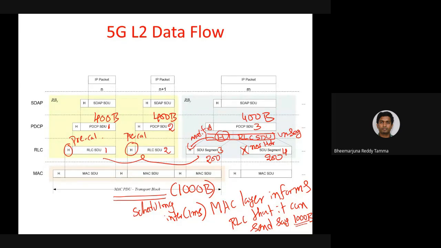But for that anyway, we have a lot of time because segment 4 will be sent in the next scheduling interval. For that, you have another 1 millisecond. So that's how it tries to remove the concatenation and also pre-calculate the headers so that by the time you get the scheduling grant, you are ready to pack as many RLC packets as possible and send them over the transport block at the MAC layer. So that way we are reducing a lot of latency and trying to make 5G